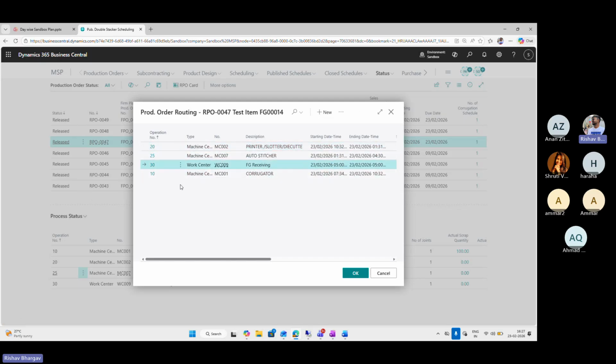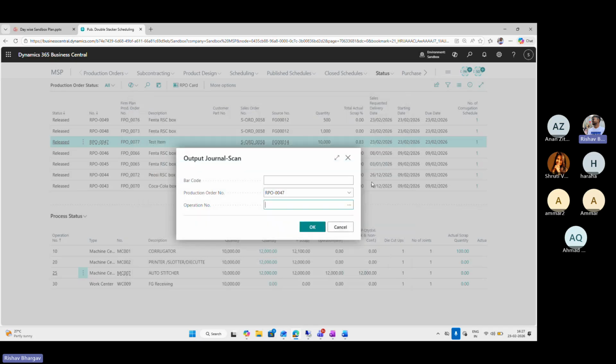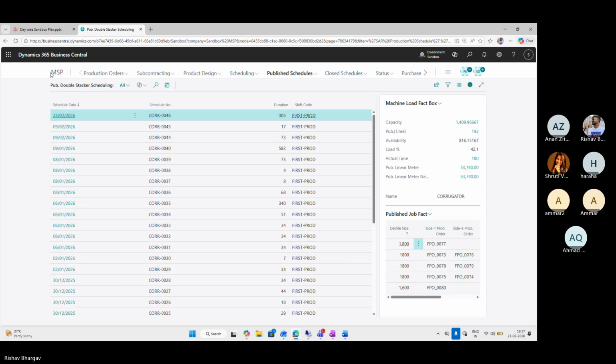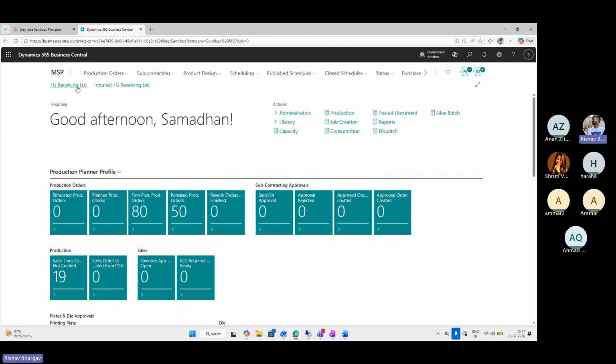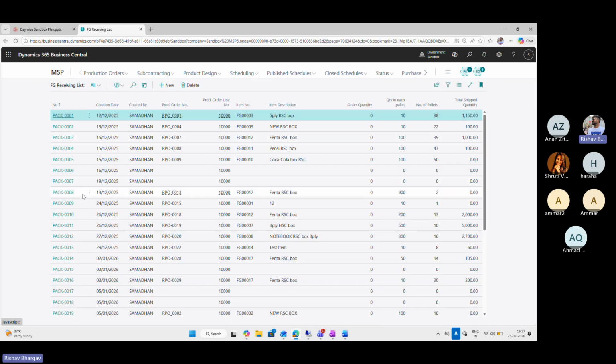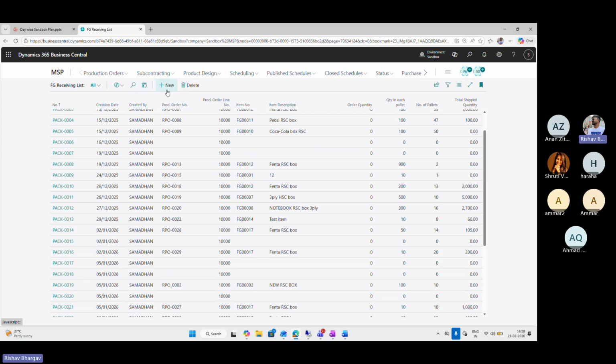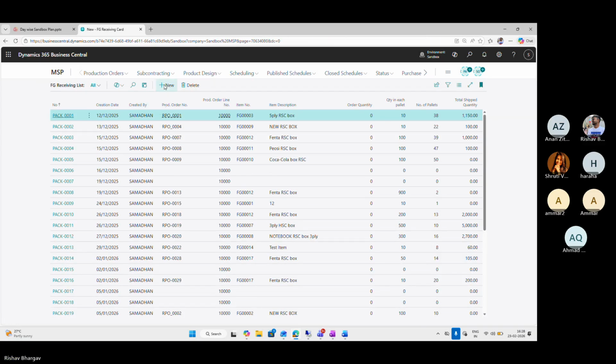Now for the FG receiving, we do not do it from the output journal scan. We do the output posting from here in the FG receiving list. We click on FG receiving list, and all the items which are received are here for production order number 28, 29, or any of the production orders. To create a new FG receiving card,